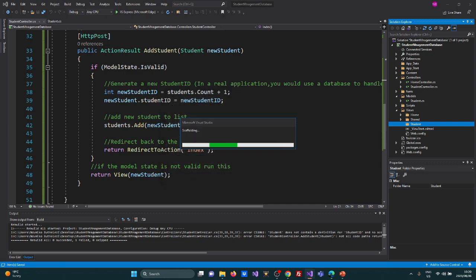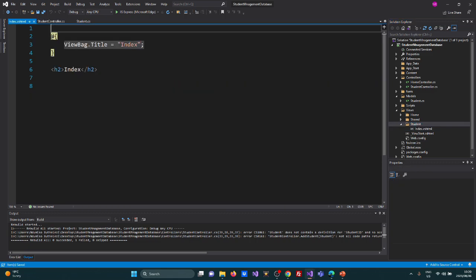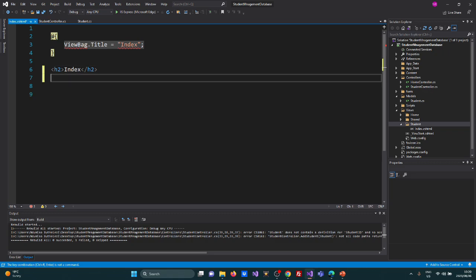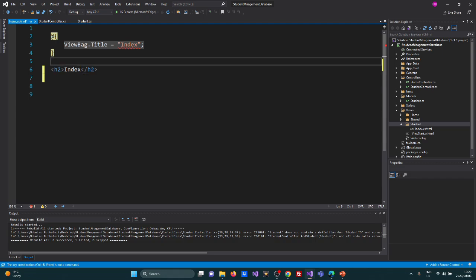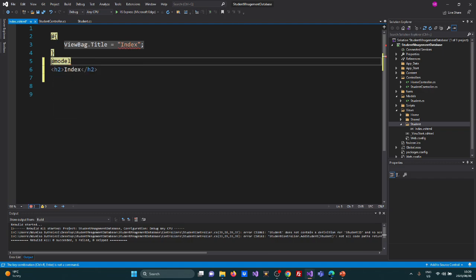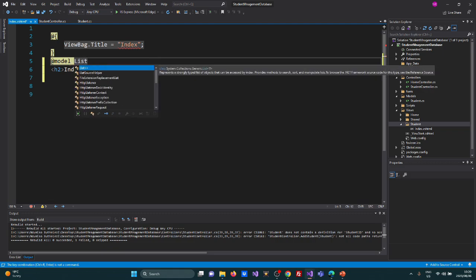I'm gonna click add. So it's gonna scaffold, and then from there it's gonna give me this. Not gonna change much. Alright, what I am gonna do though is add something here. I have to link basically the list I made to this view. So I'm gonna say add model list,